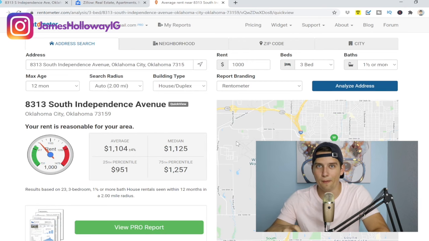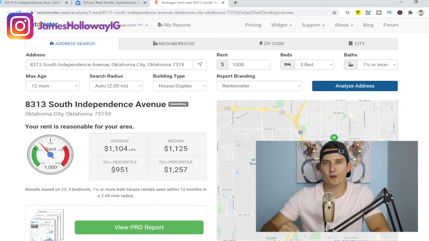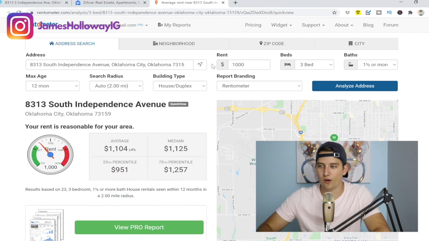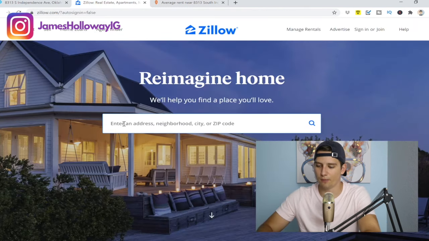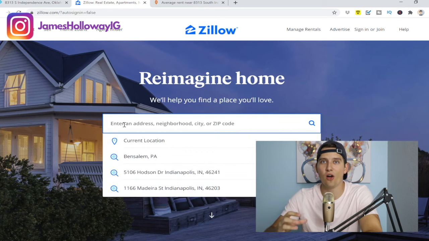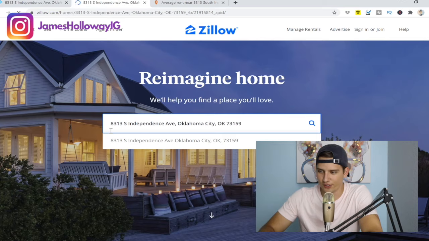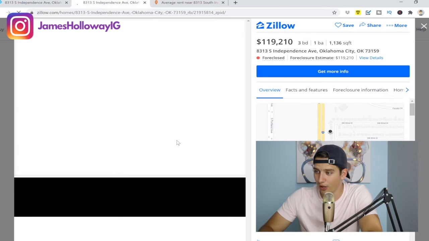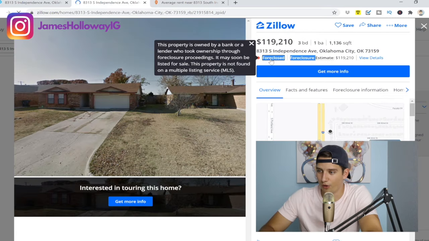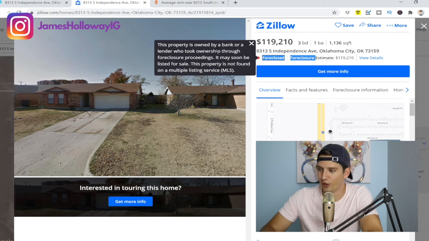After we get that bit of information, we're going to take this property and plug it into Zillow.com, because what we're going to do next is figure out what the monthly payment is going to be, so we see if it cash flows. So we're going to paste the address in here again and hit enter. It's going to pull up the foreclosed home. It even gives you a little description for foreclosed homes. This property is owned by a bank